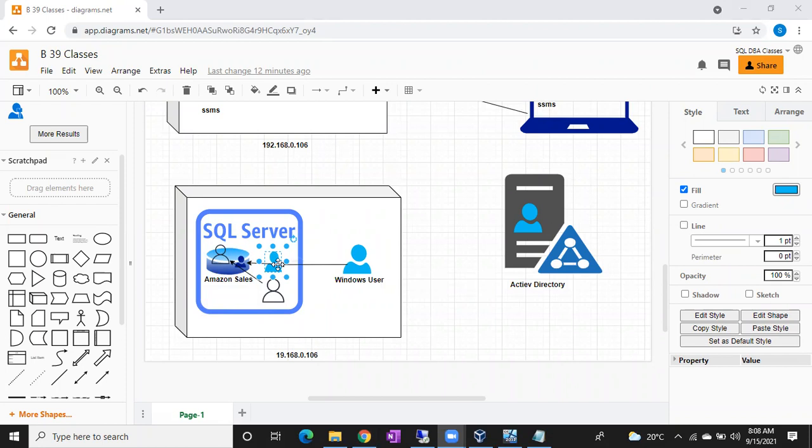Now imagine it's a non-sysadmin, not part of sysadmin. Sysadmin means he's the superpower in the SQL server. He can do whatever he wants in the SQL server. Sysadmin means system administrator. He can do anything at the SQL server level. Whatever we have discussed, the user should be there. A user will be created once you create a login and give access to the database, on behalf of this login, Windows login or SQL login, everything is the same.